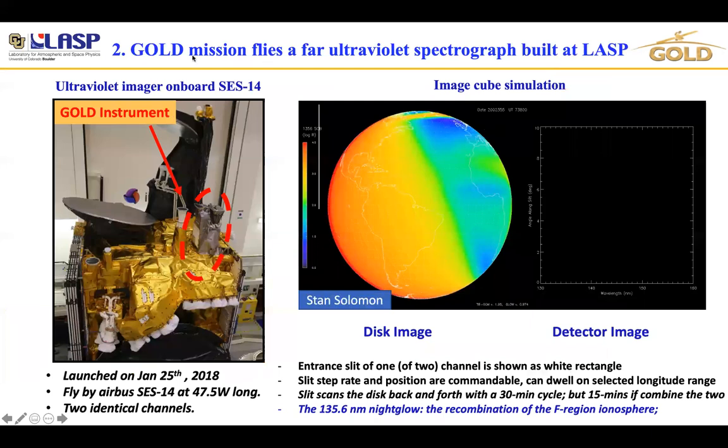So now we come to the GOLD mission. GOLD flies a far ultraviolet spectrograph built at LASP. From the picture on the left, you can see the GOLD instrument on board the SES-14 communication satellite. The instrument has been deployed to a geostationary orbit at 47.5 degrees west longitude, which is right over the mouth